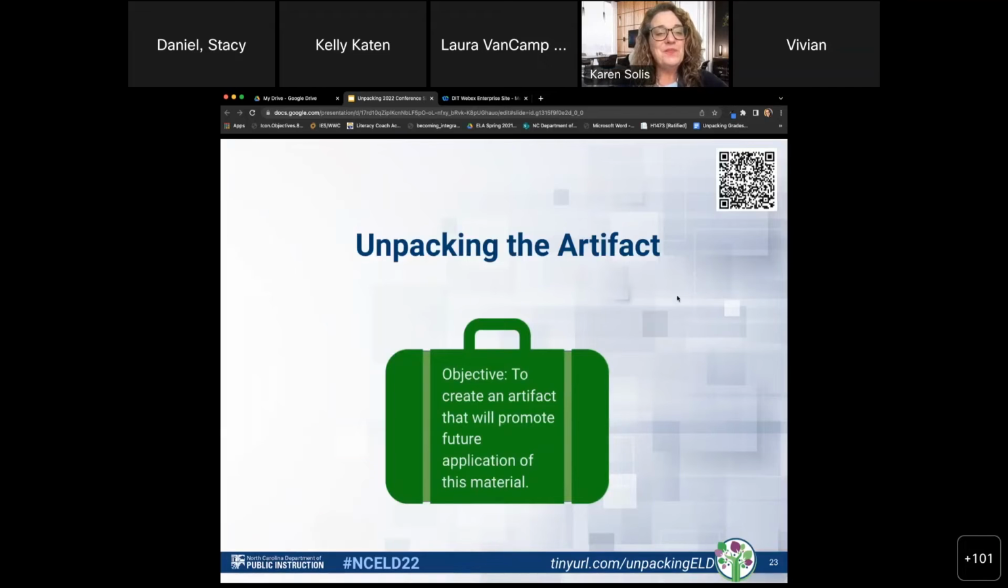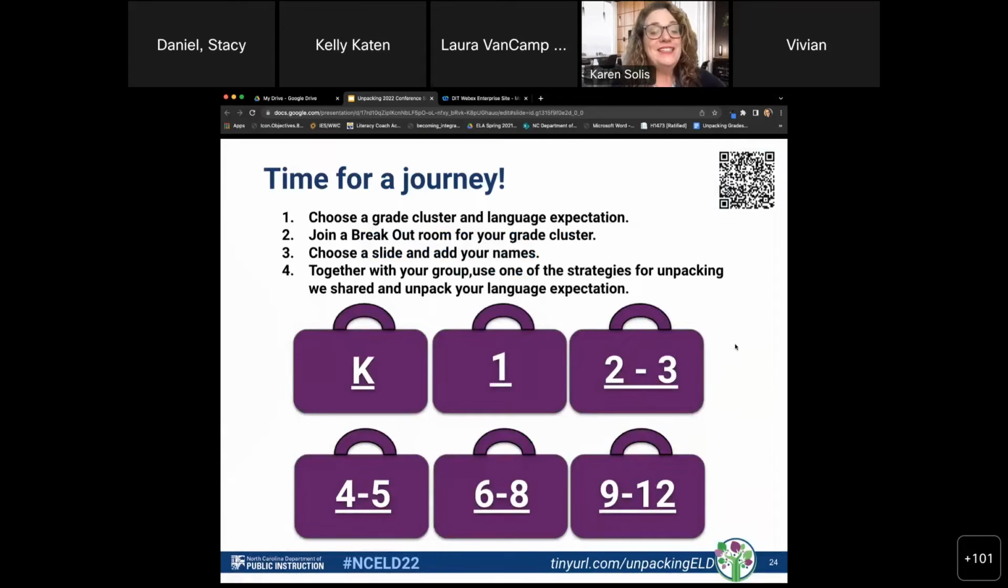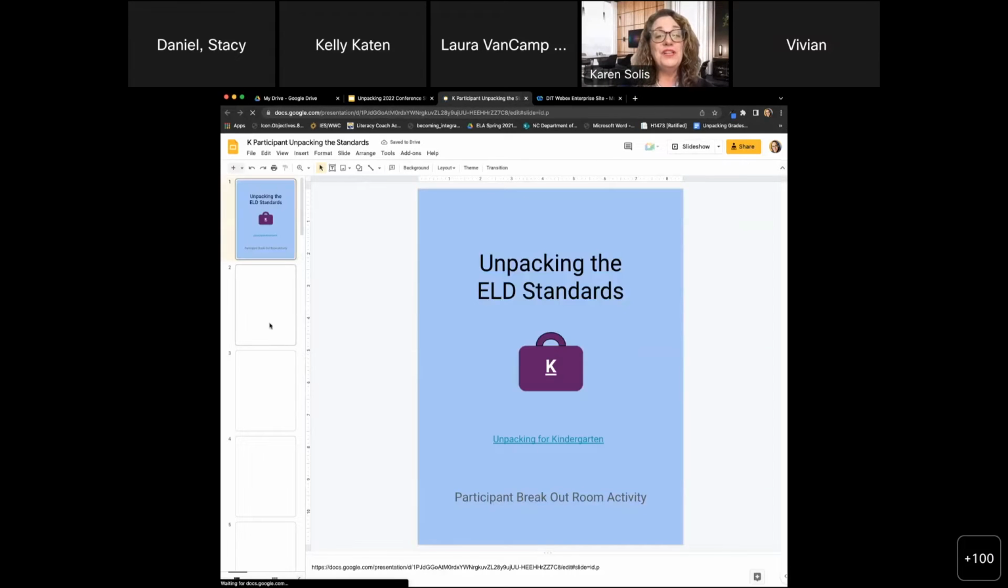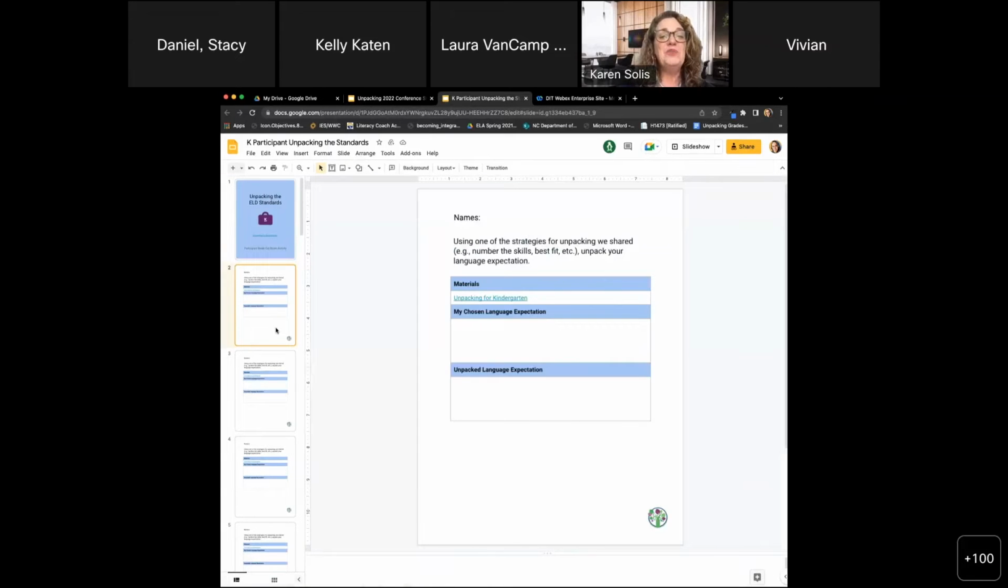Good engagement there. So our next objective is to create an artifact that will promote the future application of this material. So what you're going to do is choose a grade cluster and language expectation that you either are going to be teaching this next year or that you're just familiar with and you want to say, hey, what is in those ELD standards? And then you're going to choose a breakout room for your grade cluster that you've selected. You're going to choose a slide. It's going to take you to a Google presentation slide deck that is going to allow you to create your artifact. Together with your group, you're going to use one of the strategies for unpacking that we shared and unpack your language expectation. So whether you want to do number the skills or if you want to do